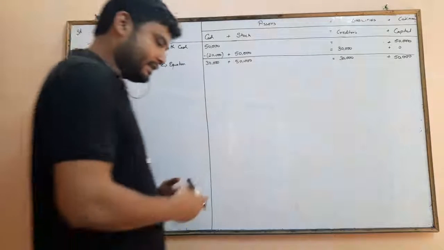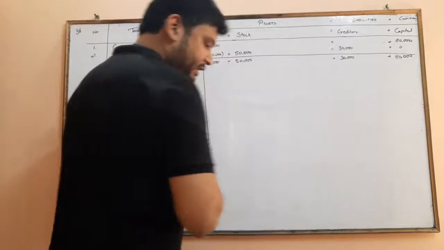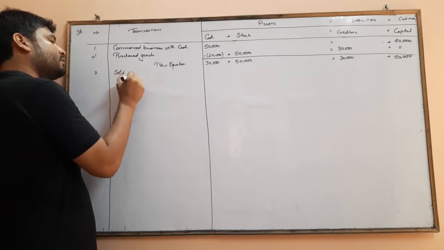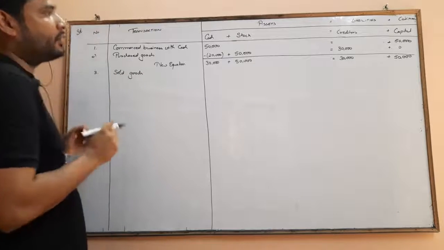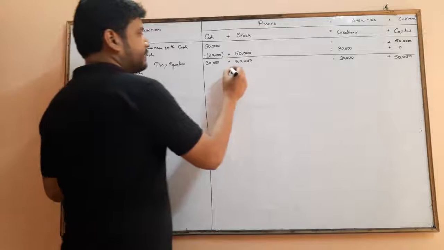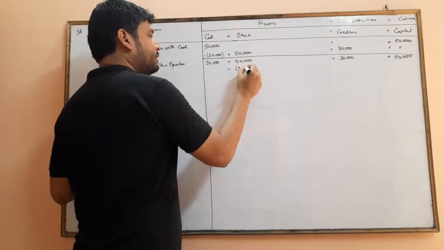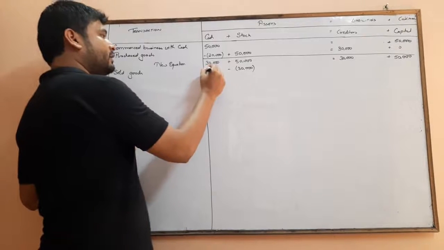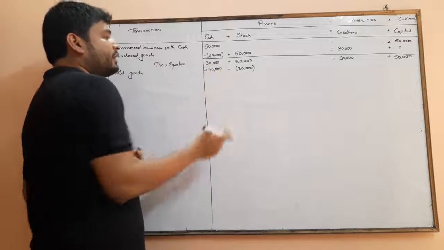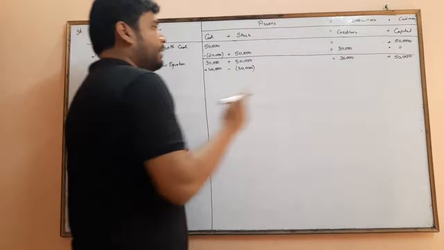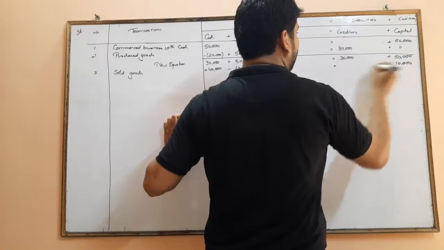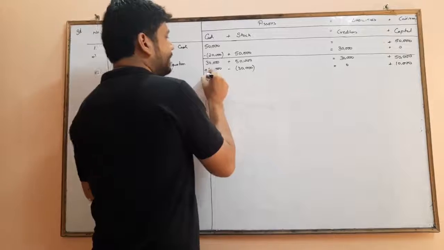Now point number 3. Point number 3 says, I have sold goods for cash rupees 40,000 costing rupees 30,000. Now I have sold the goods. What is the price of the goods? That is 30,000. So 30,000 of goods are sold at what price? 40,000. So plus 40,000. Now I sold goods worth 30,000 for 40,000, so what did I get? Profit. That profit will be added to the capital. How much is the profit? That is 10,000 rupees, and that will be added in the capital. So my new equation will be,